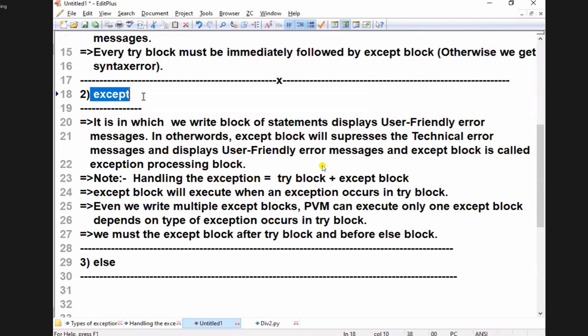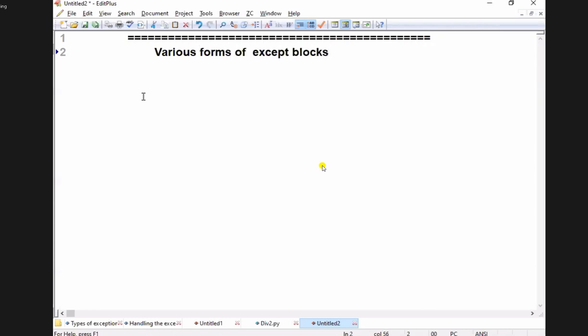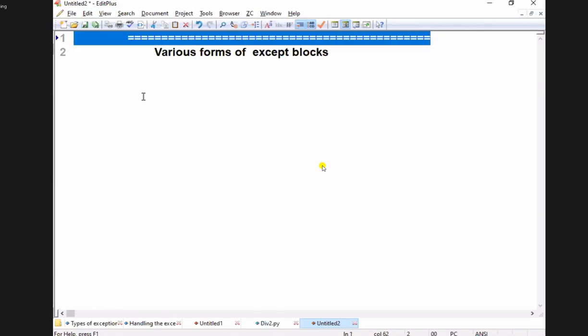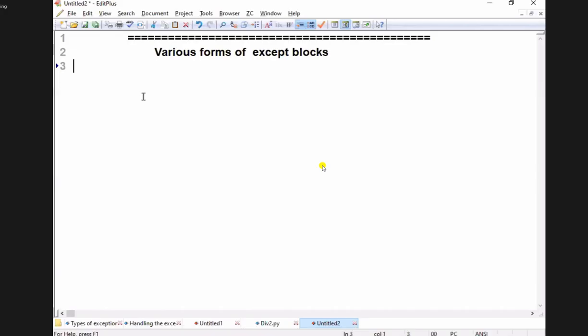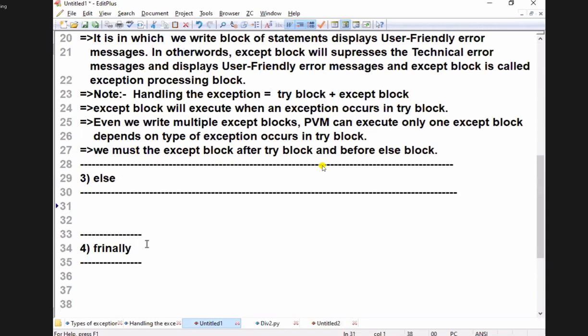The next part is called various forms of except blocks. I am going to explain it as a separate discussion, with different examples. Very easy. After a few minutes, I'll come to that point. Let us come to the else block now. So let us start the else block.